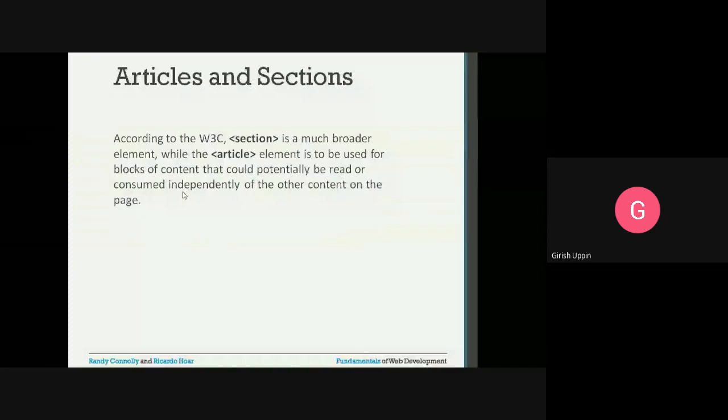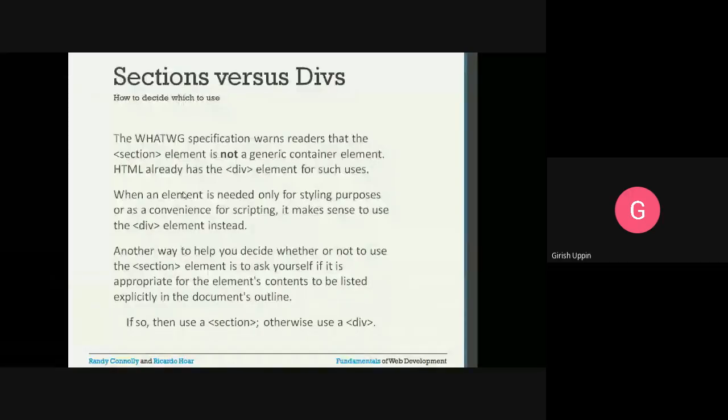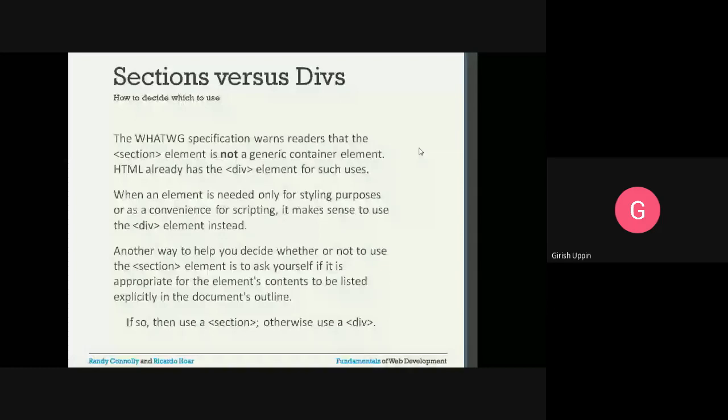Sections versus divs. The WHATWG working group specification wants readers to know that the section element is not a generic container element. HTML already has a div element for such uses. So section is not meant for generic grouping.